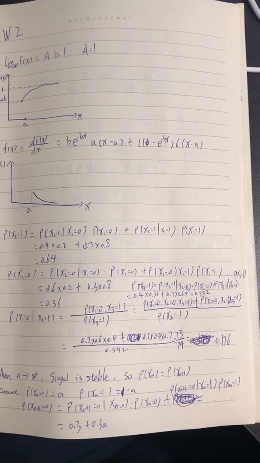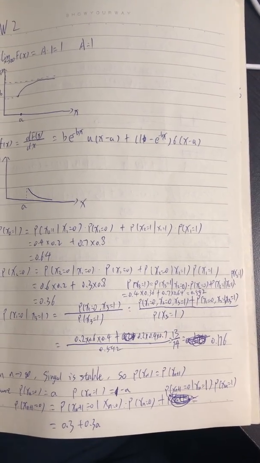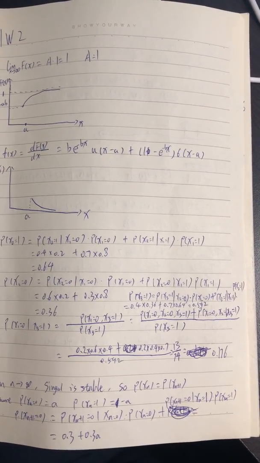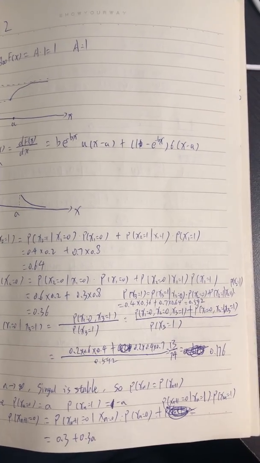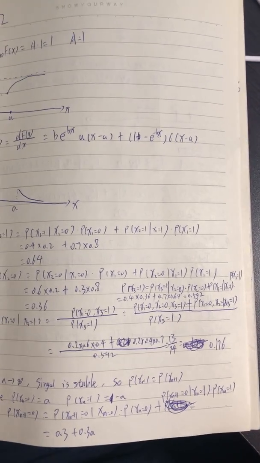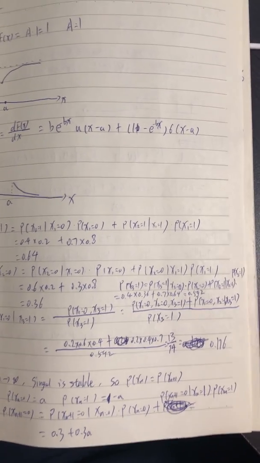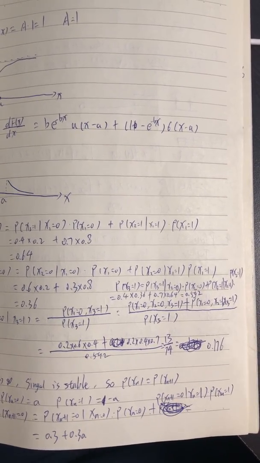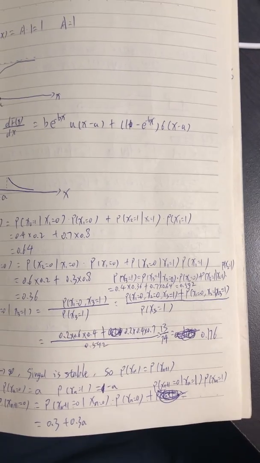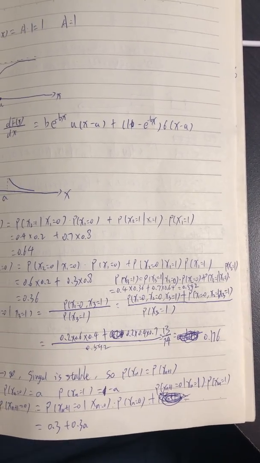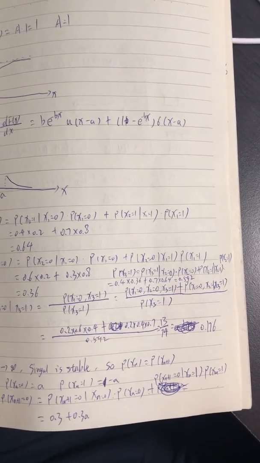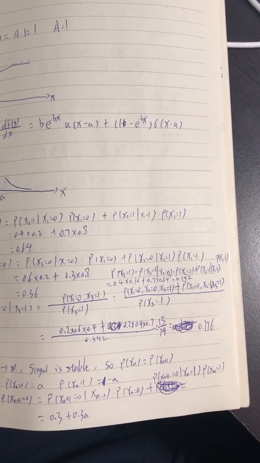According to the question, we know the probability of x1 equals 0 is 0.2, and the probability of x1 equals 1 is 0.8. Then the probability of xk plus 1 equals 0, assuming xk equals 0, is 0.6, and the probability of xk plus 1 equals 1, assuming xk equals 0,